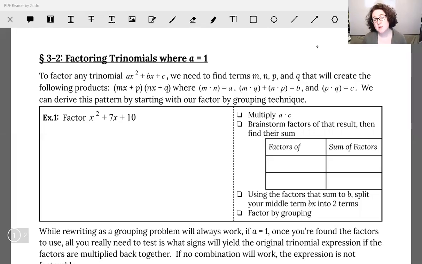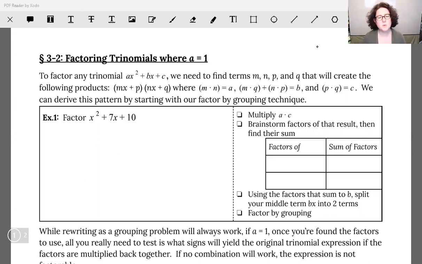Our next topic, we're going to look at starting to factor trinomials. So remember, trinomials, you've had that prefix tri. So that means you are looking at expressions with three terms in them, rather than just two. Before we do this, though, one of the things that we can do to check our work is